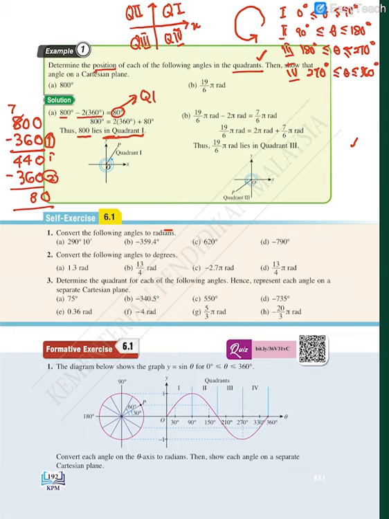Okay, determine the position for the following angle in the quadrant. And then show in the Cartesian plane. Okay, how you show in Cartesian plane? Okay, very simple. Okay, you draw your x-axis and y-axis. It is only sketching, not drawing. Okay, so you must start with